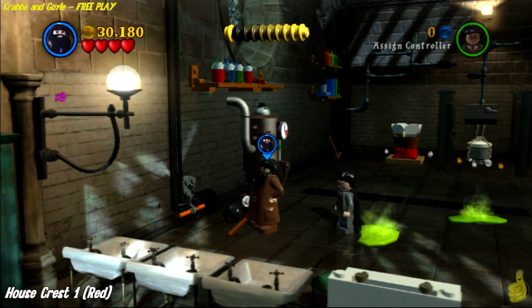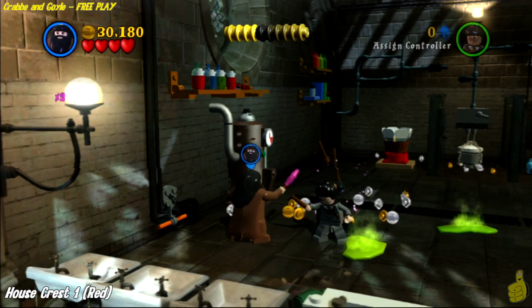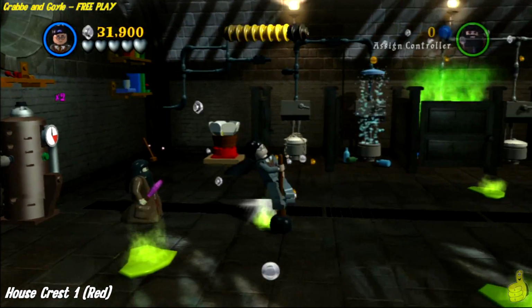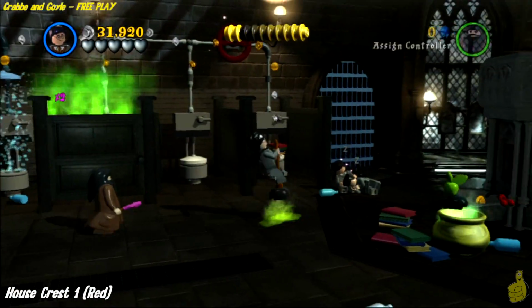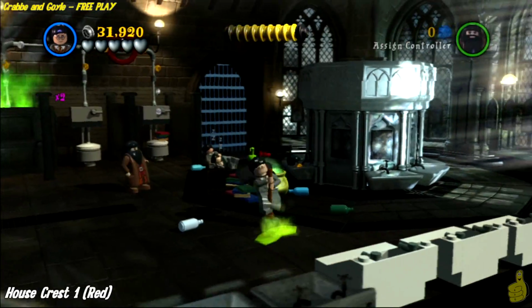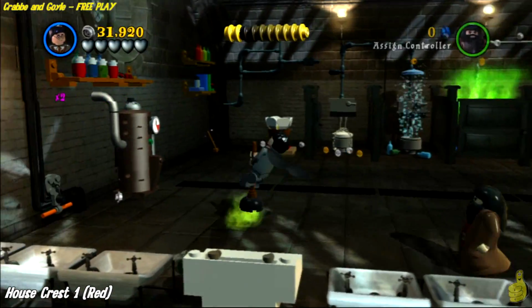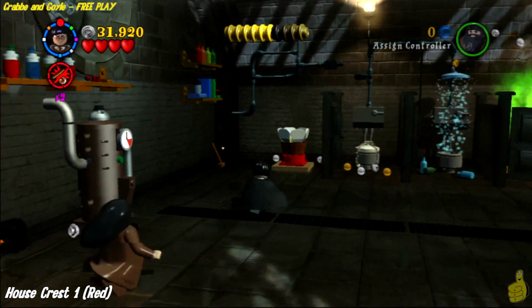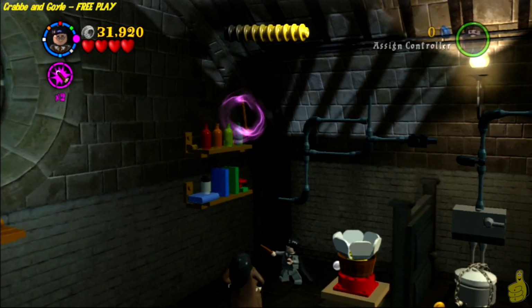All of a sudden we got a couple of bits we can build up with Wingardium Leviosa. So go ahead and build those up. And now we've got a plunger of sorts, and we're going to bounce our way around over all 6 of these green goo spots here. Ooh, it's green goo. But once you get them all, we're going to go ahead and ditch this thing in the corner because it bounces and bounces and bounces, and it's annoying. So we did get the red crest, which is the first house crest there,